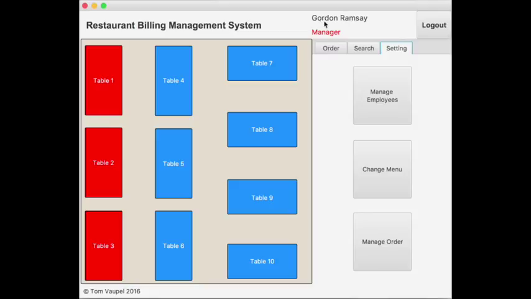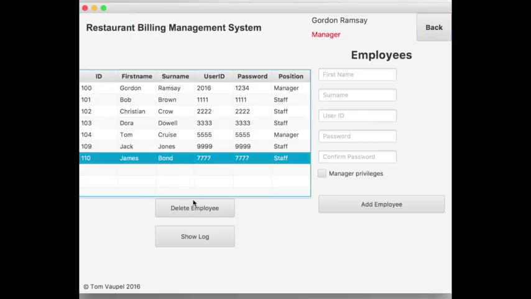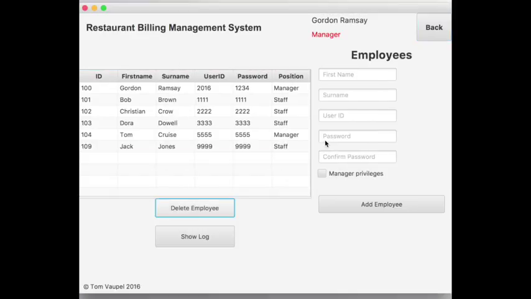As a restaurant manager, you'll have special privileges where you can select the Settings tab. In there, you can choose the Manage Employees button, where you'll be directed to the Employees Management screen. To delete an employee, you simply choose the employee from the list, click the Delete button, and you'll be asked